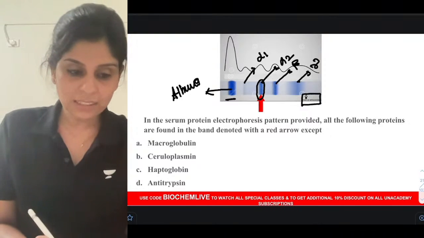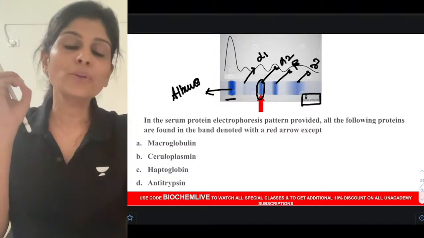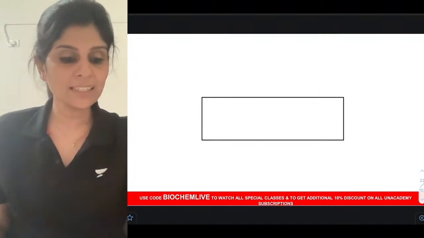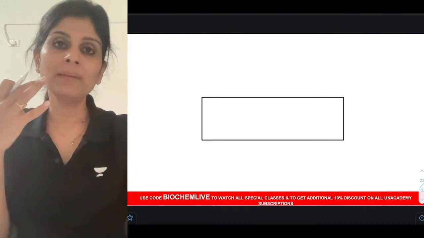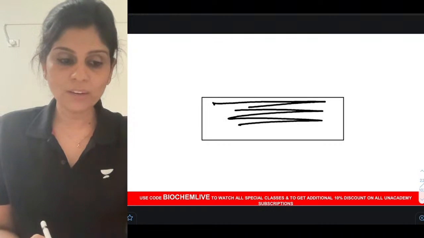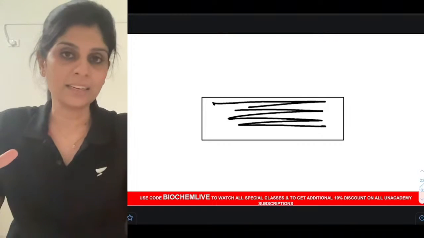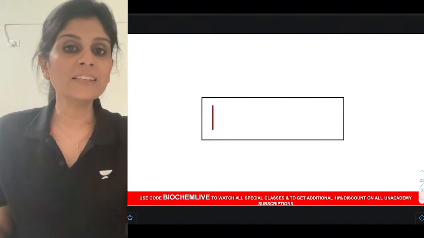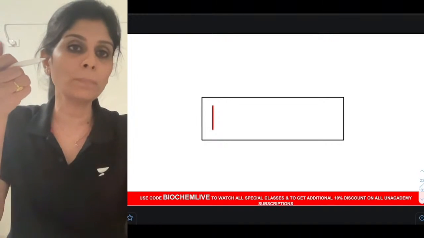To answer this question, you should understand the basics of the separation. Usually protein electrophoresis is done on a glass slide. Can you see that here? You take a glass slide like this, and this is where you apply a support medium. When I say support medium, it will be agarose. Have you all heard of agarose? Agarose medium is applied on the glass slide. And towards one end of the glass slide, you apply the serum or plasma protein which has to be separated by electrophoresis using a micropipette.